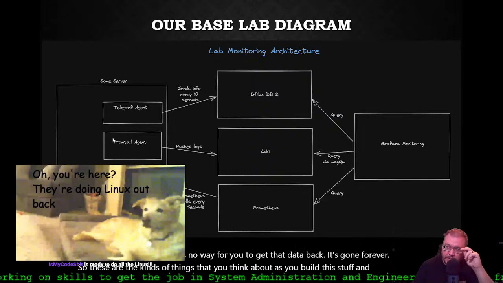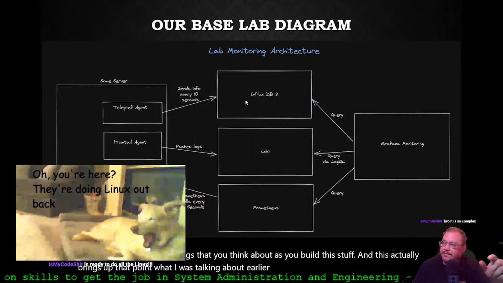And this actually brings up that point of what I was talking about earlier, where Telegraf to InfluxDB, this was over